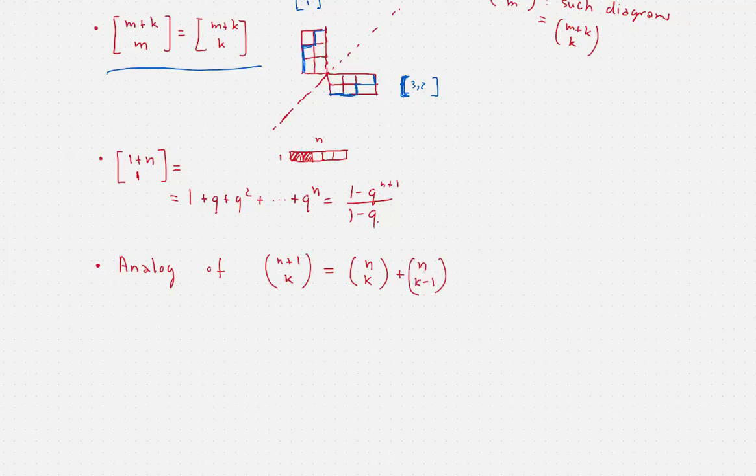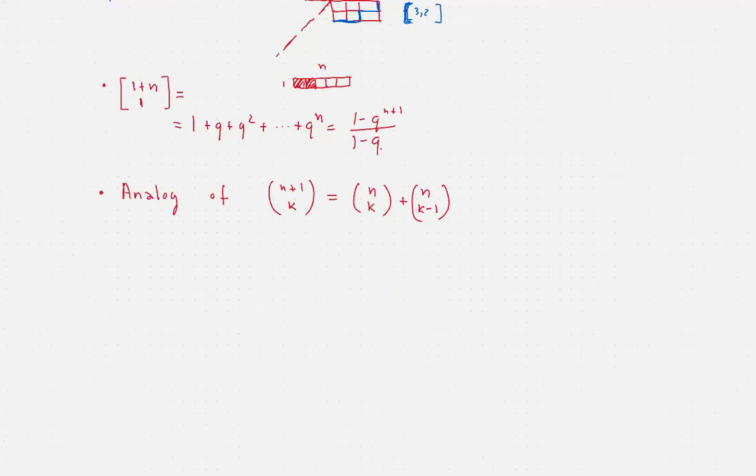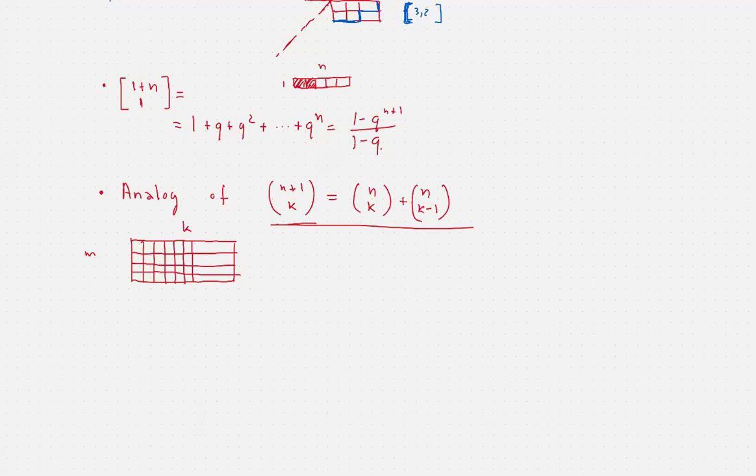And let's see what we have here. Let's look at our grid that has m rows and k columns. Okay, let's do one more row here. And in the case of the usual binomial coefficients, this kind of combinatorial identity comes by considering the combinations of